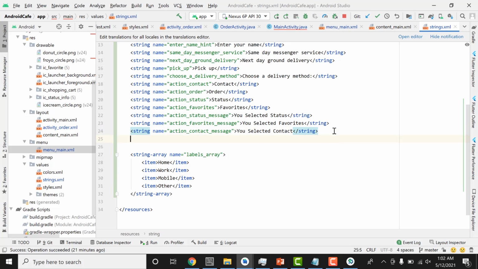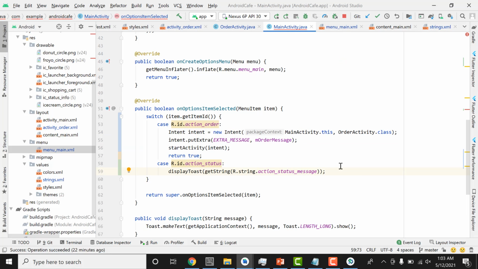And I'm going to add one other string, which will be action_order_message, and we can say: You selected order. Okay, with that we are going to go to our main activity,